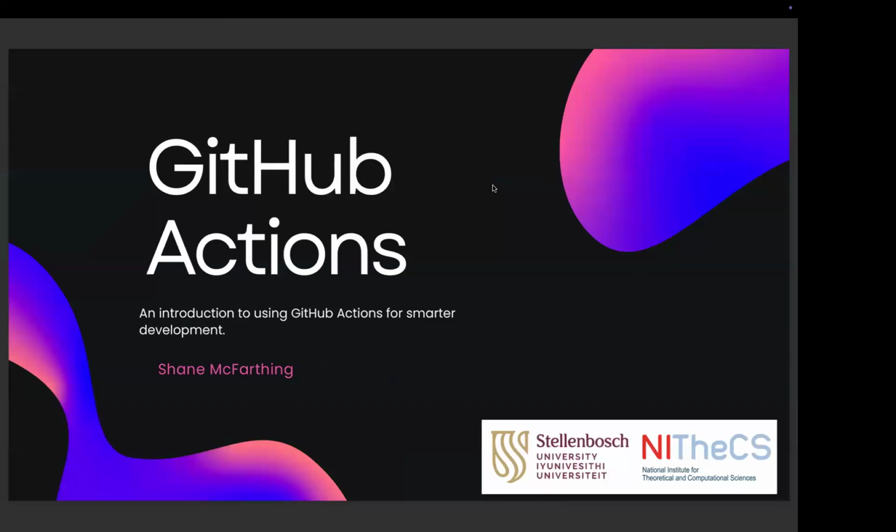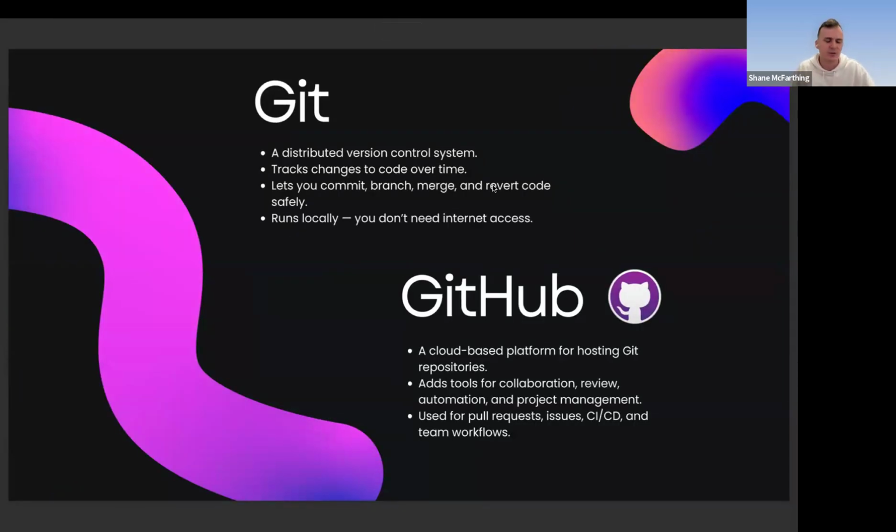Yes. Oh, perfect. So yeah, as Dean said, today we're just going to be taking an introductory look into GitHub Actions. It's a nice feature that's available in GitHub, and I think that it builds quite nicely on the previous micro-school that Dean gave. So just to kind of give the context of this presentation, it doesn't cover again what Dean has already covered, but just to give the context of it